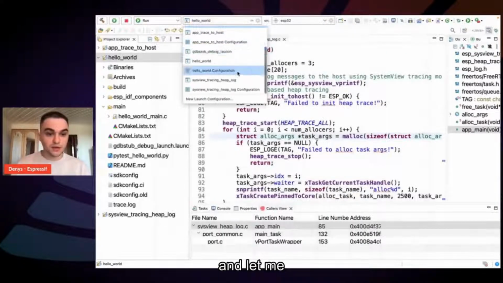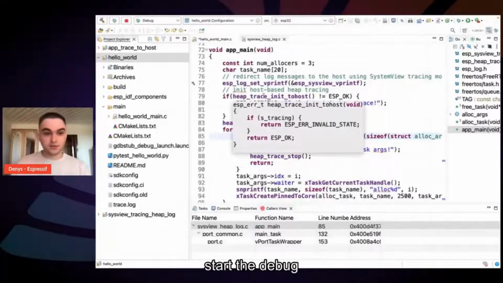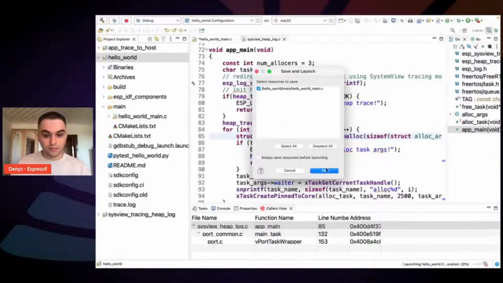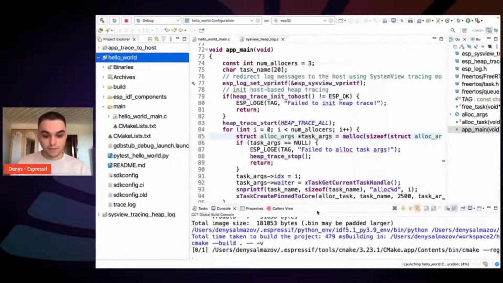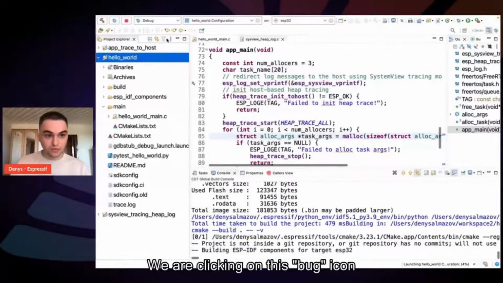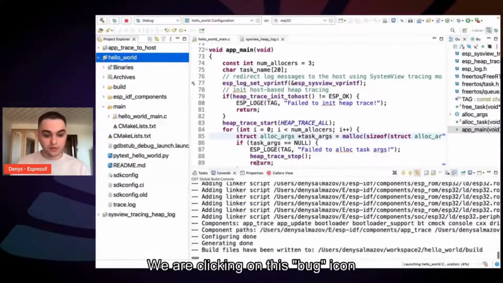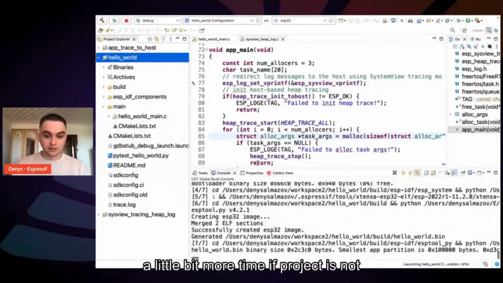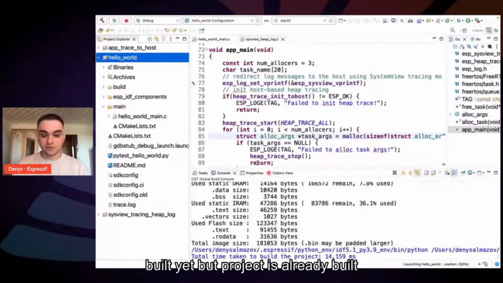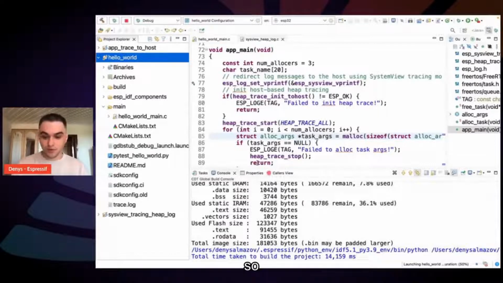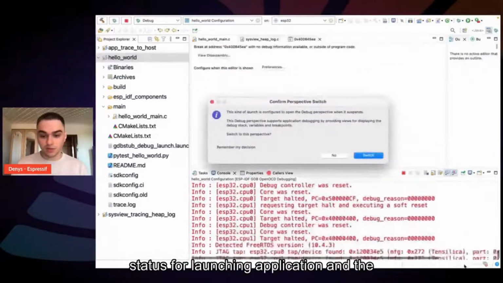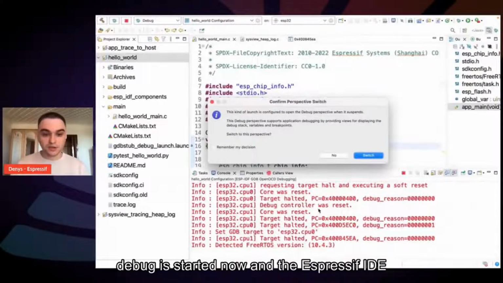and let me start the debug. So we are clicking on this bug icon to start the debugging. It takes a little bit more time if the project is not built yet, but the project is already built. So here on the bottom side, you can see the status for launching the application, and debug is started now,